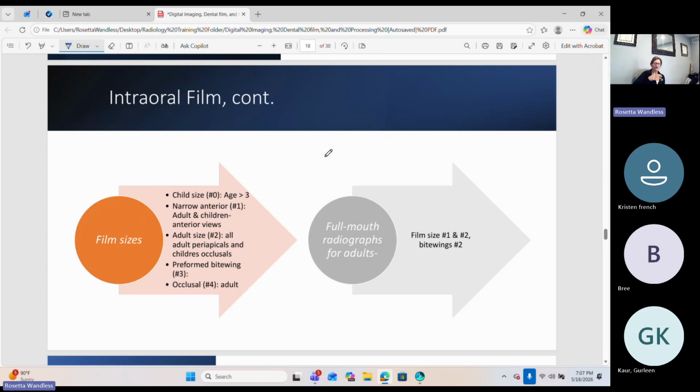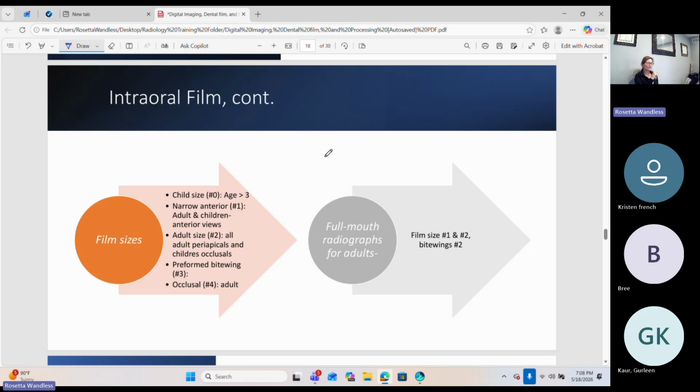But once you start getting adult teeth, all adult teeth, we're going to use the next size film, which is a number 2. It's called an adult size number 2. We're going to typically recommend using that for all images for adults, both periapicals and bite wings. But we can also use the number 2 for children from the ages 4 to, I'm going to use 8,